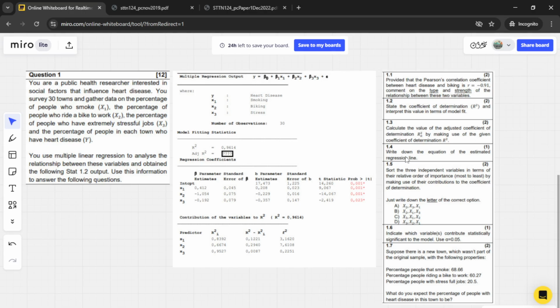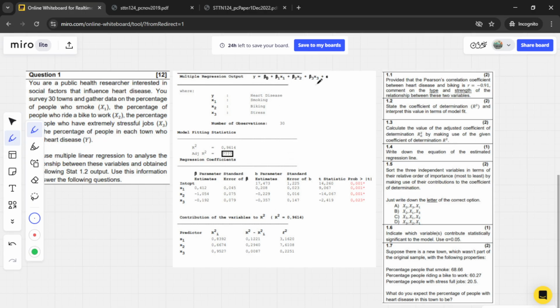You remember in the previous video what we did was we took the information that we had, we put it in our calculator, we calculate the value of A and the value of B. So now in this case we're not going to do that because we don't have to use the calculator. Information is over here. Ne? Alright, so for this question that says write down the equation of the estimated regression line, we're going to focus on the B parameter estimates. But before we go there, let's